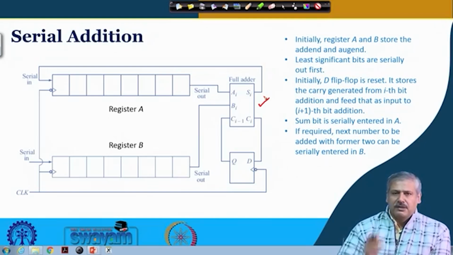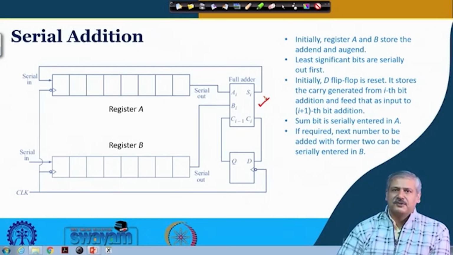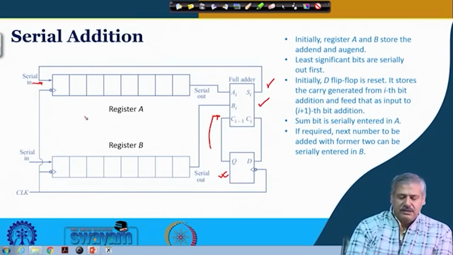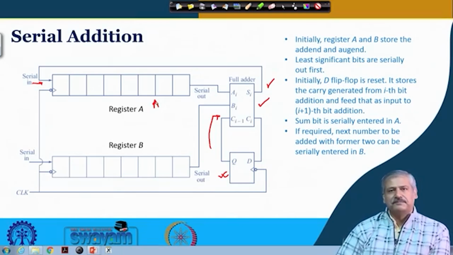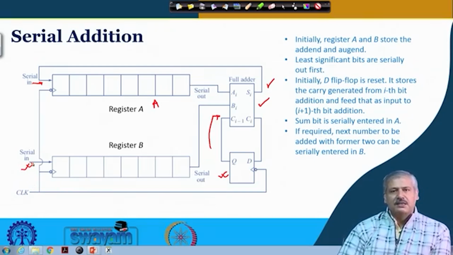In every clock cycle, it is doing a 1-bit addition, and the carry output that is generated here is stored in a D flip flop, and this is fed back here for use in the next bit addition. And the sum bit that is getting generated is coming as serial in and is stored in register A. What happens to register B? The serial in that is there,